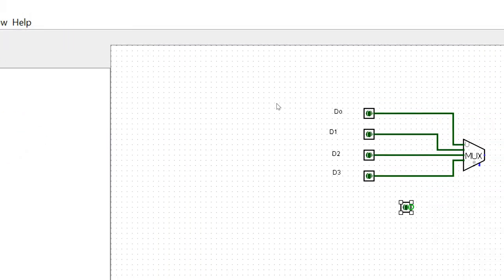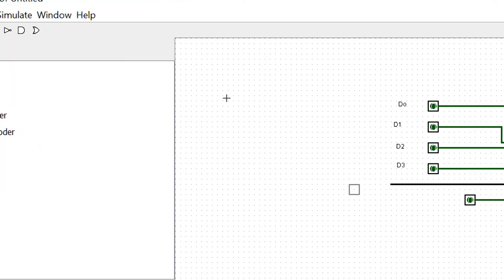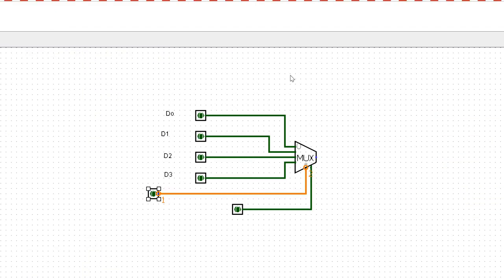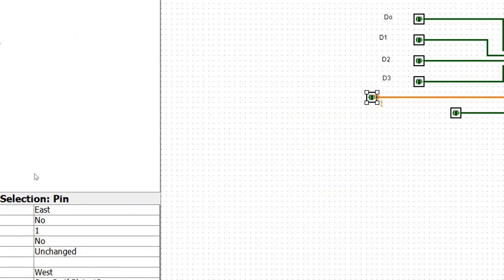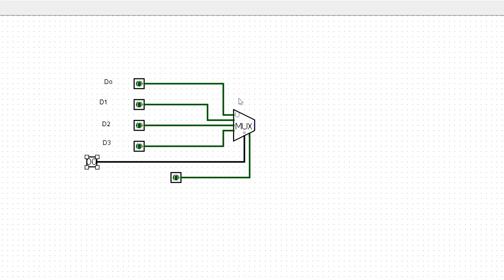So I am taking this and connecting to the multiplexer selection line. This is the enable line for the multiplexer, and the selection line is also there. I will connect that line also. Now look here, this multiplexer is of size 4:1 and selection lines should be 2. Here it is showing a warning because for the selection lines, the input we are giving is only 1 bit. Here we have to give 2-bit input. For that we have to come here, and change the number of data bits from 1 to 2. Then it will not show any error.